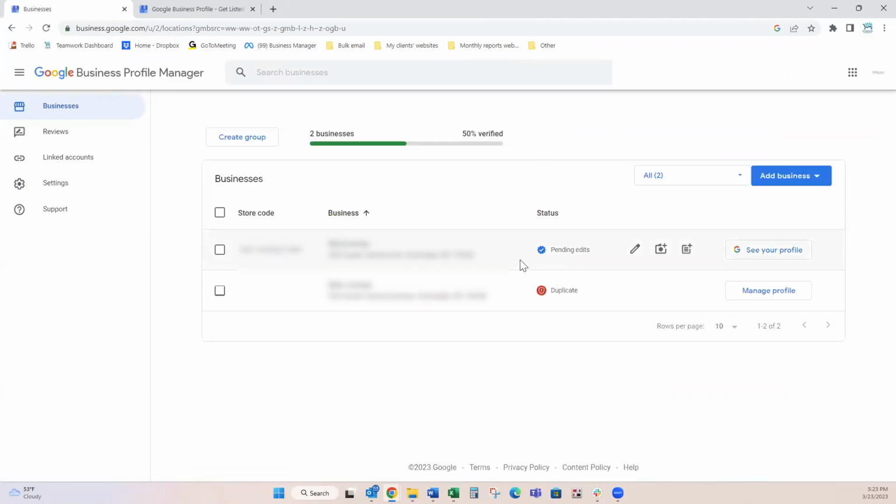So this client has two listings because one's a duplicate. So we're going to disregard this one. This one is the active listing. So to add an update, or what's also called a post, you can click here on this icon